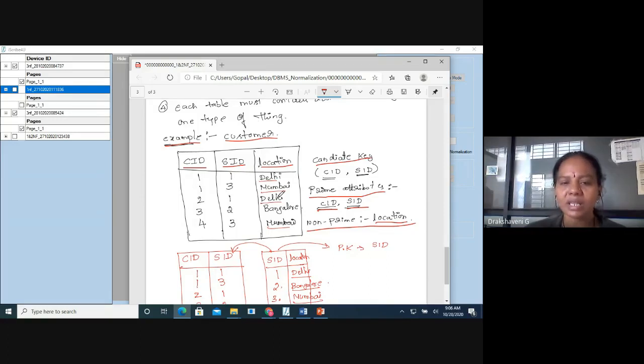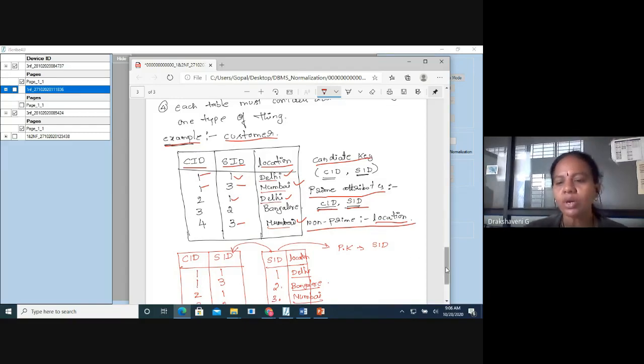Yes, and we can see that the redundancies are still there. Delhi is repeated. Mumbai is also repeated. Here also you can see this column is repeated. So we can say there is still redundancy in this table, but it is in the first normal form. What does the first normal form say to us? We should not have multi-valued attributes. We should not have composite attributes. We should not have nested queries. So this table satisfies the first normal form, but it is not satisfying the second normal form.